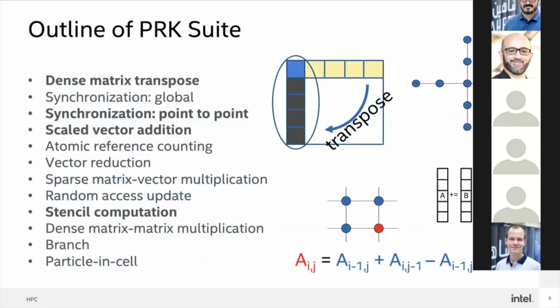So the PRK suite has a bunch of different stuff in it. I focus on the 4 kernels in bold, which have pictorial representations. This talk is only going to focus on 2 of them, basically because I was gathering data yesterday and I only had so much time. And because, of course, I haven't written all the code for all these, as you'll see later.